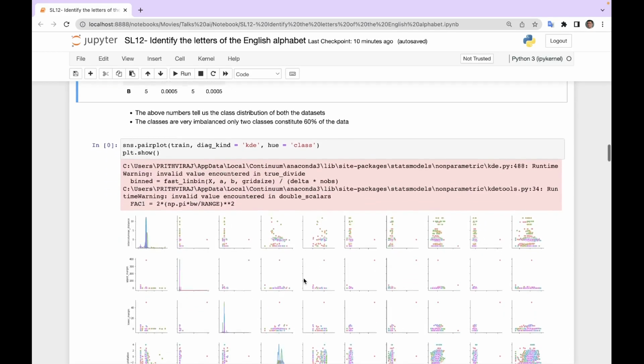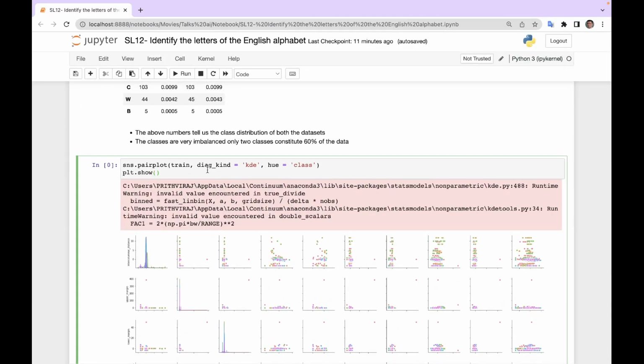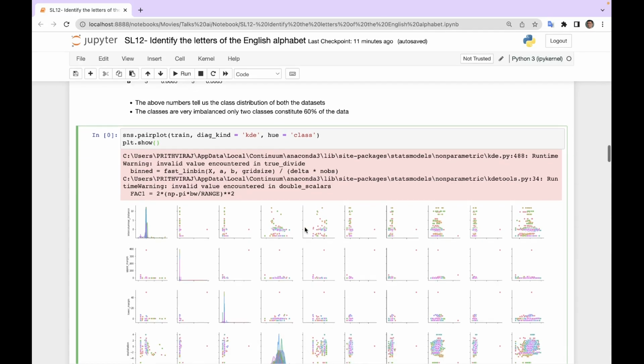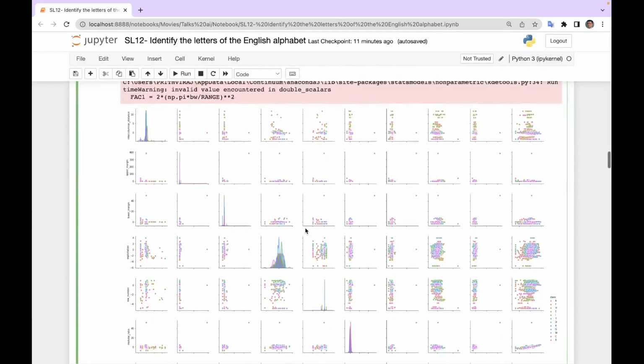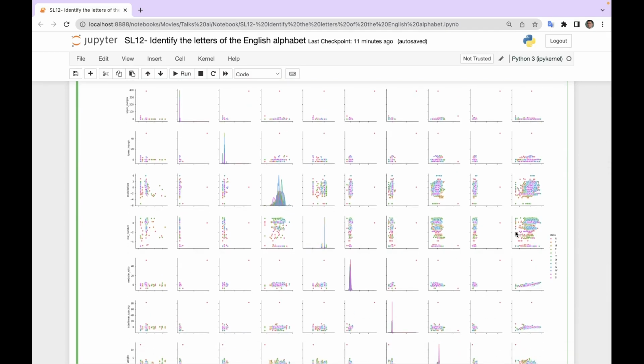Now let's pair plot it. We are defining sns.pairplot, in which we are passing train, diagonal kind KDE, and hue on the basis of class, and plt.show. Here you can see that we are getting all the plots for all our characters. These are the classes, I hope you can see it. If I zoom in,